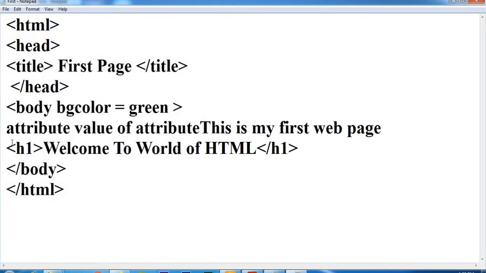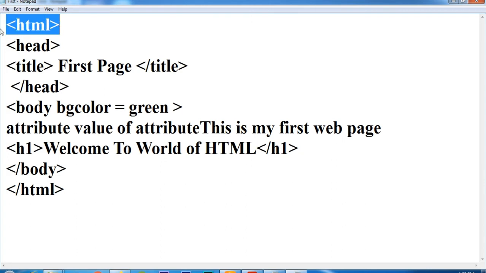I am introducing you to what HTML is. HTML is the language which helps us to develop and design interactive web pages, and HTML stands for Hypertext Markup Language. You can see these signs here, greater than and lesser than signs.